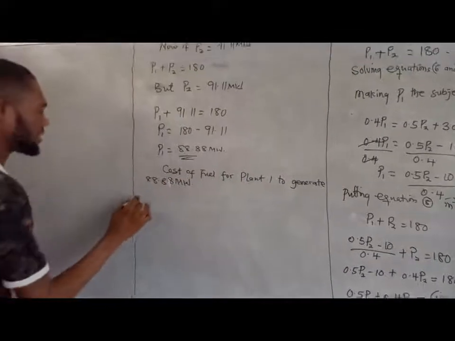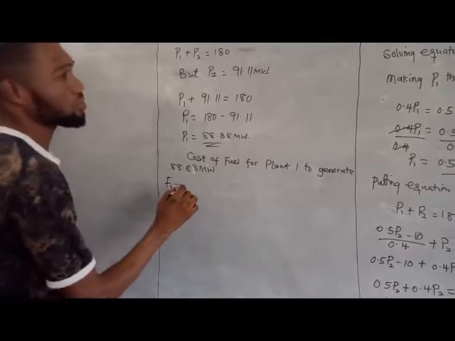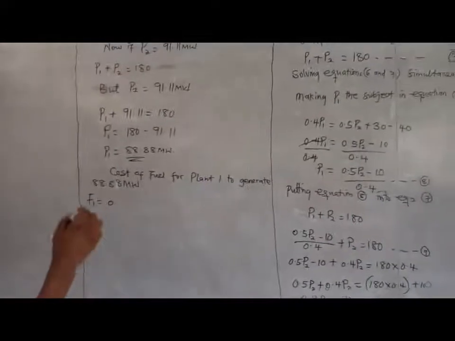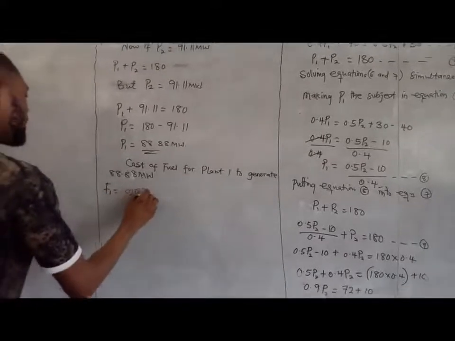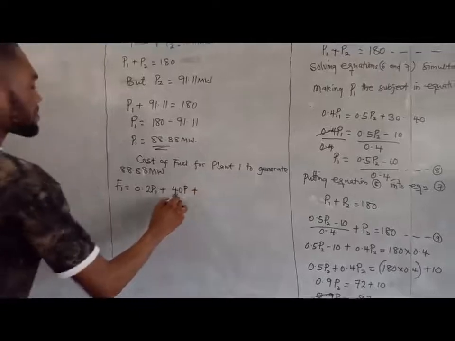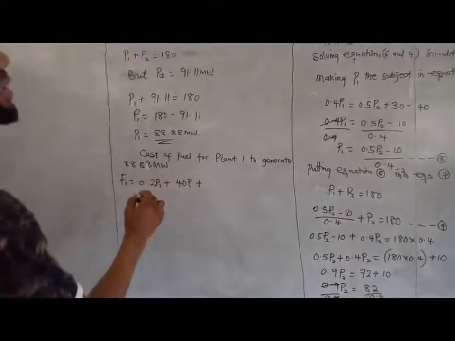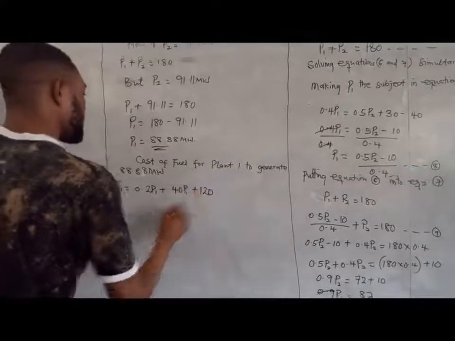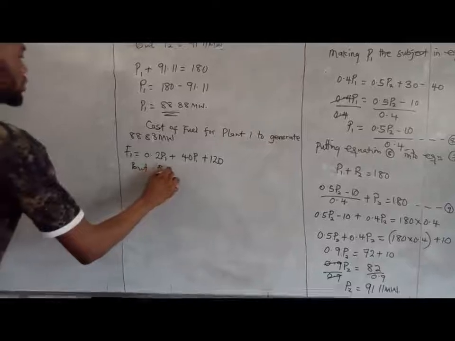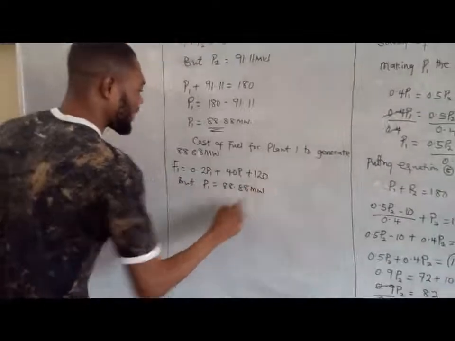Then fuel quantity F1 equals 0.2 P1 squared plus 40 P1 plus 120. It means that now we know P1 to be 88.88 megawatt, so wherever we see P1 in equation 1,